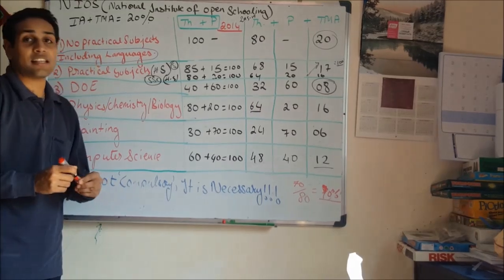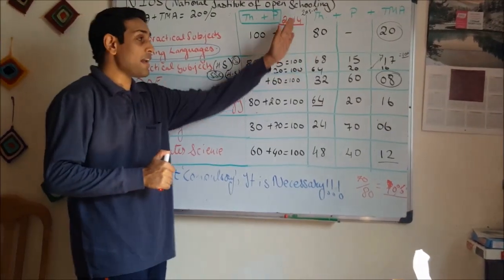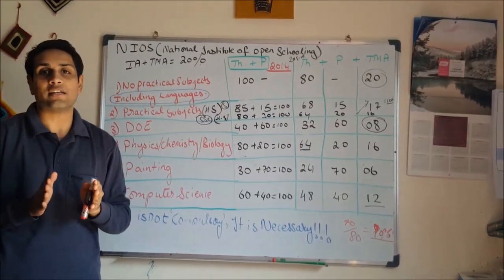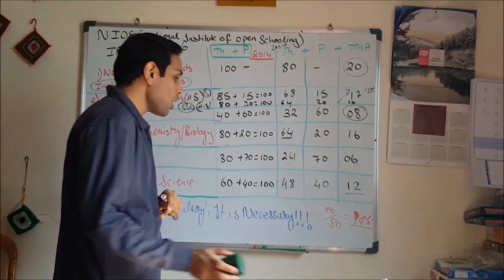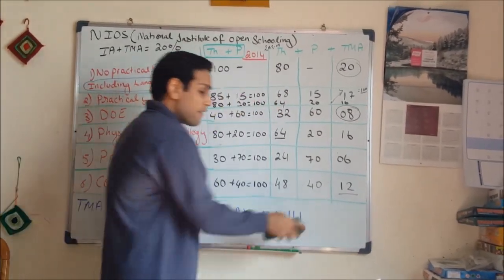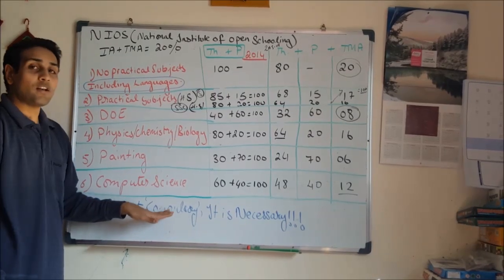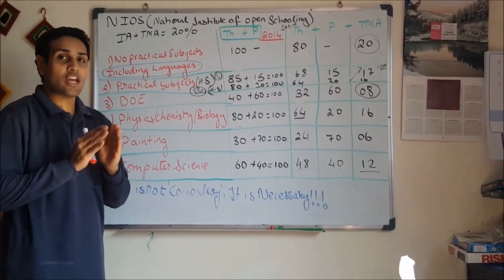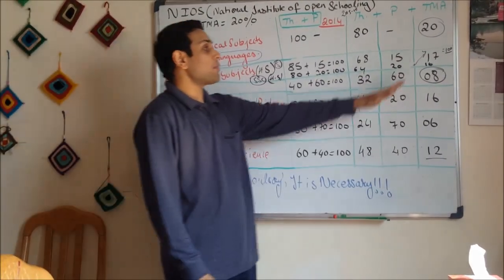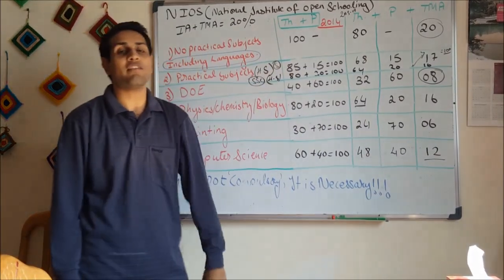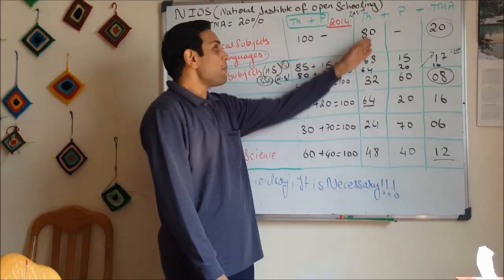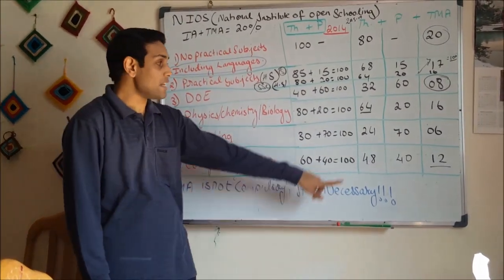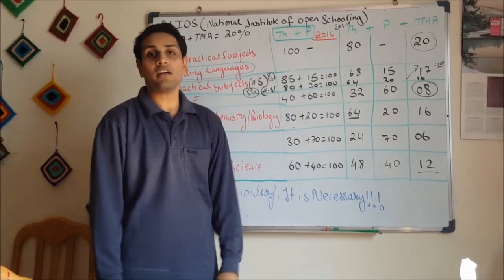So TMA is necessary, because by adding the marks of TMA into the marks of theory and practical, it will make a total mark out of 100, which is going to be the marks written in your report card. So kindly pay attention that you complete all your TMAs on time, submit on the due date, make sure it is checked by the teacher, and you have been allotted the correct marks which is on your paper. The same marks will be given to you by your institution. And then do your best for your theory and for your practical, but more attention to the theory, as still the majority of the marks are from the theory.